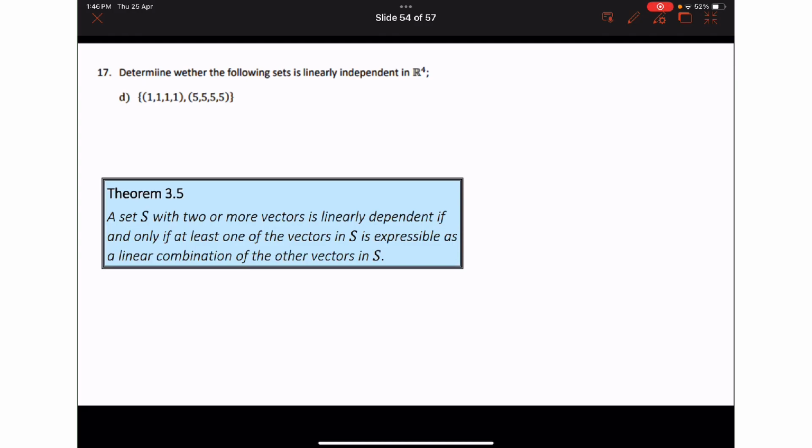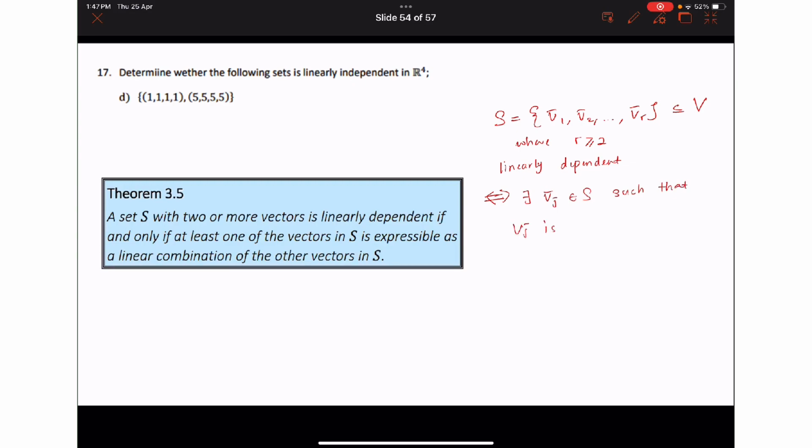It says that for a set S with 2 or more vectors, let me write the set S containing V1, V2 up to Vr, where r is greater than or equal to 2, as a subset of a vector space V, S is linearly dependent if and only if there exists Vj in S such that